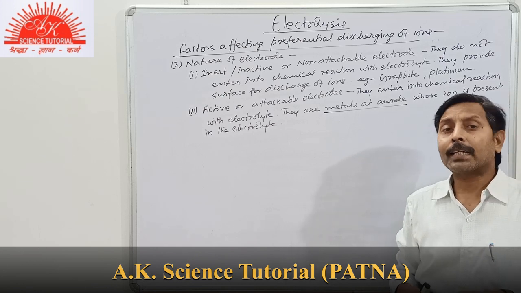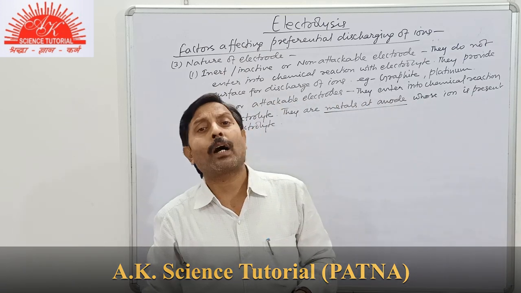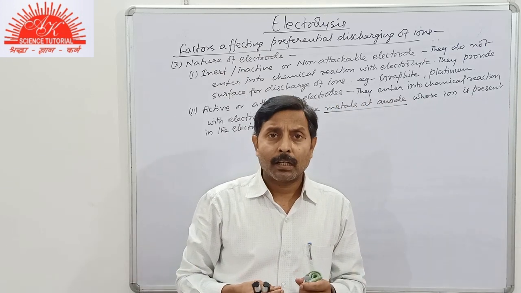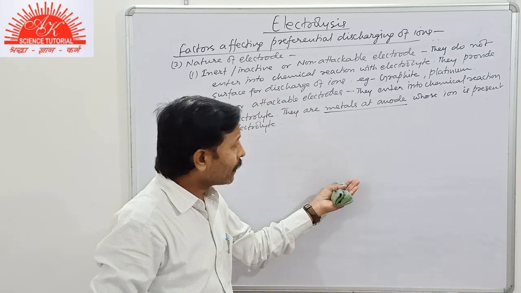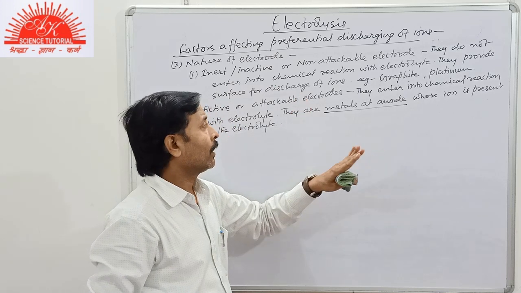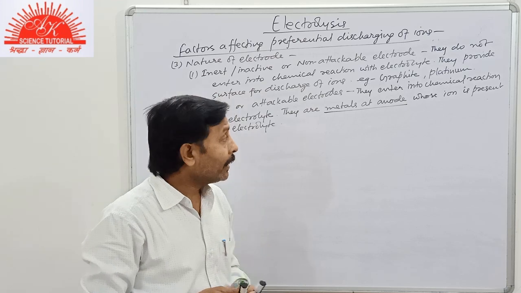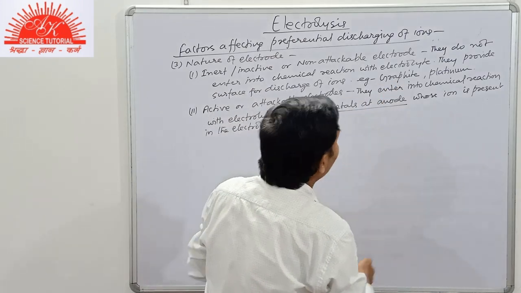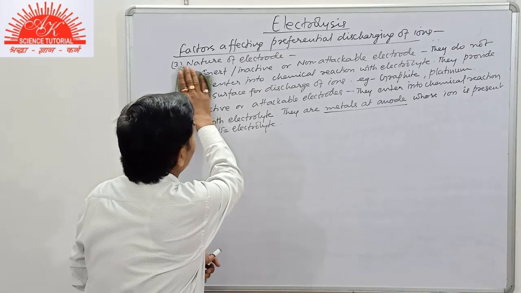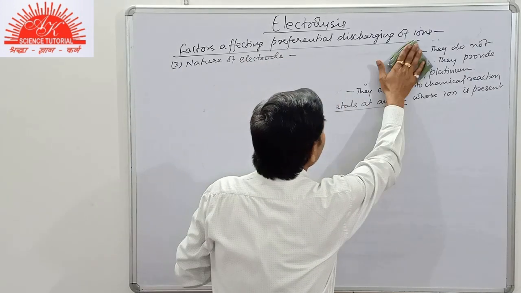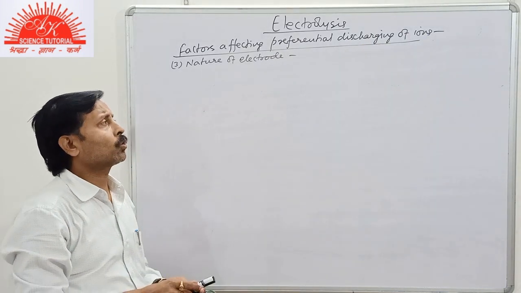The cathode does not affect the reaction. So at cathode, you take any object. It may be any type of object like a spoon, wire, or any other metal. It does not affect the reaction. But it is the metal at anode that will affect the chemical reaction. So they are metals at anode. That may be copper, nickel, iron, silver, and so on.